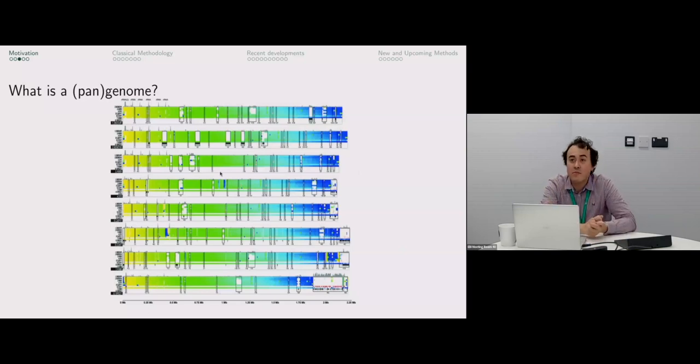Anyway, it's a 2005 paper in Group B Strep, if you're interested in looking it up. And it's actually the paper where they first defined the concept of a pangenome. The details of this figure maybe aren't important for the purposes of this talk, but what they did was